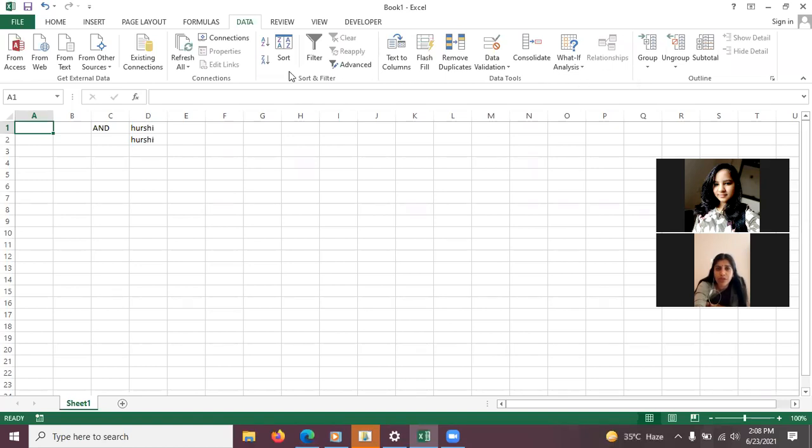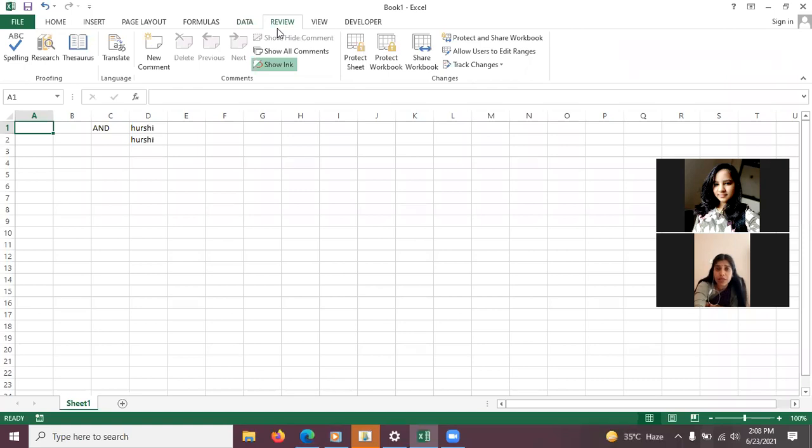The first option is spelling. It is not in Data either, and not in Insert. Here it is, ABC spelling. So this option we can use. It was in File only. In the Review option. Yes, in Review. Because of different versions, these options shift from one tab to another sometimes. So in this version we have it in the Review tab, ABC spellings. From this you can select different words, whatever you write, and check their spellings.